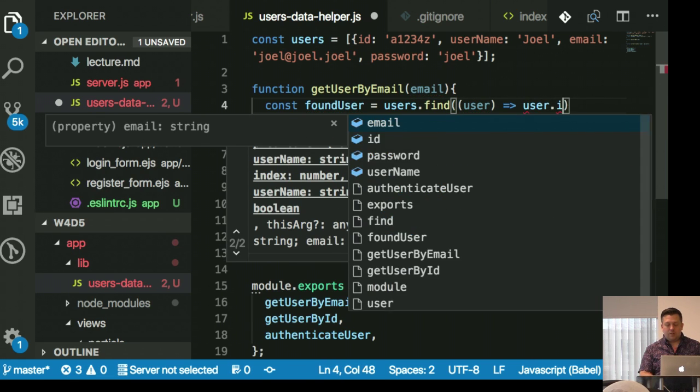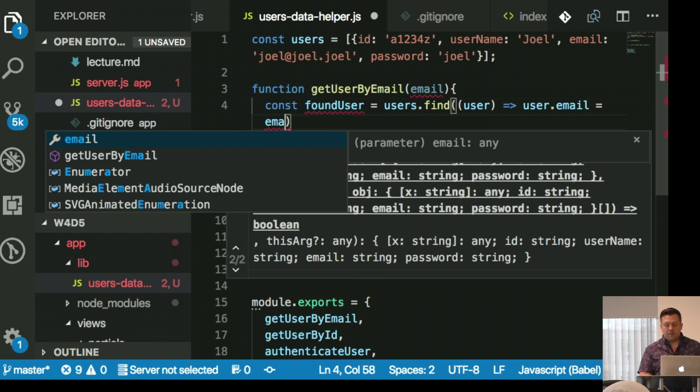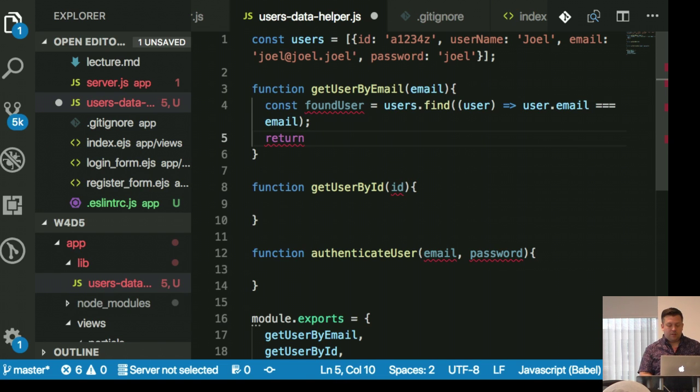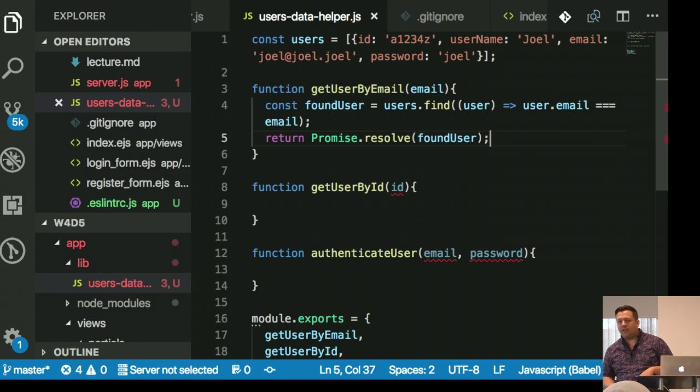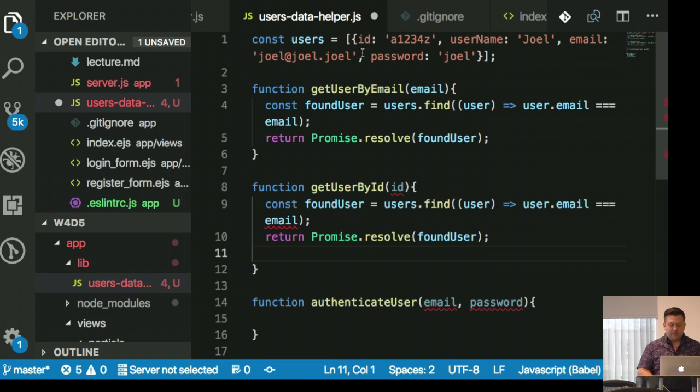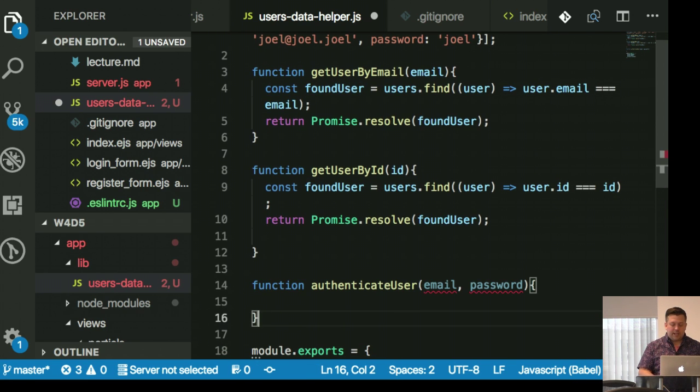user.email equals email. Return Promise.resolve foundUser. Now, if I wanted to, I could put in a delay timer here. I often do that, a delayed resolve. That just waits like a second and then returns the user just so we can see what that looks like. I'm going to leave that be for right now. Same thing here, where user.id is id. Promise.resolve foundUser. And then here we're going to say